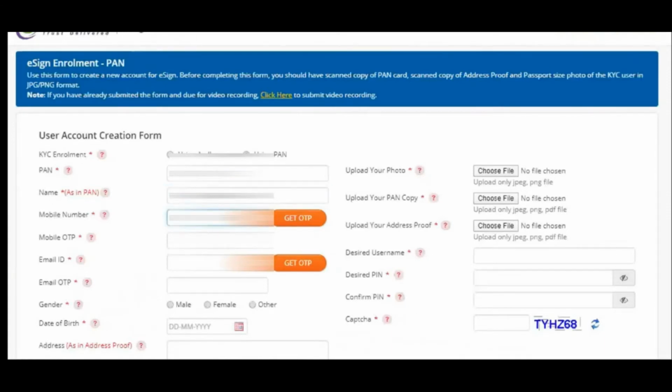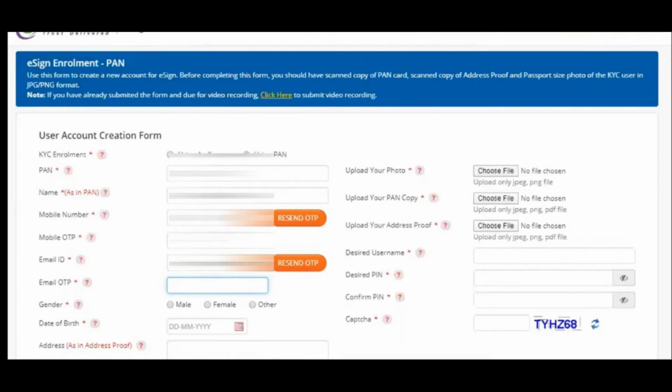After entering the mobile number, there is a radio button, get OTP. The customer will receive a 4-digit OTP. I have already received it, and I'm entering it. Then you have to enter the email ID. After you successfully enter the email ID, there is one more radio button here, get OTP. Select that. The customer receives an OTP on mail. The OTP on mobile and the OTP on email are different. These are not the same OTP.